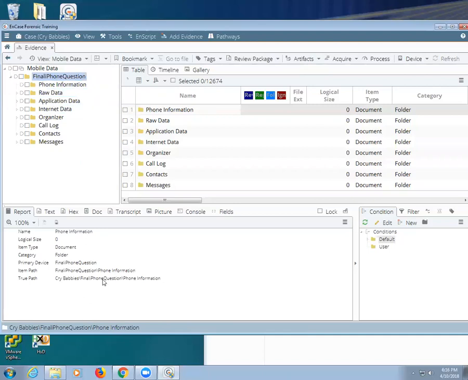Now, if you want to mess with your own phone, the software really is bad at acquiring phones. It works once in a blue moon, and that's if it's a good day. Your best bet would be to take your phone, plug it into iTunes, and make an iTunes backup. It usually works. And then you point to the backup with this program.